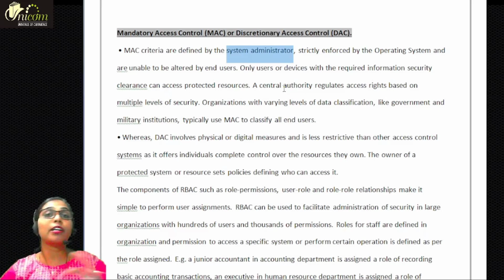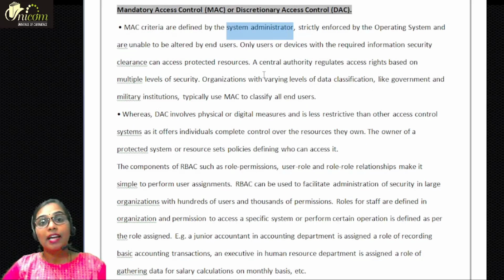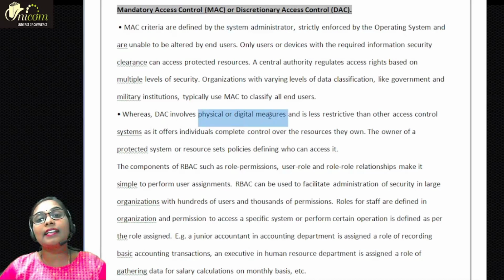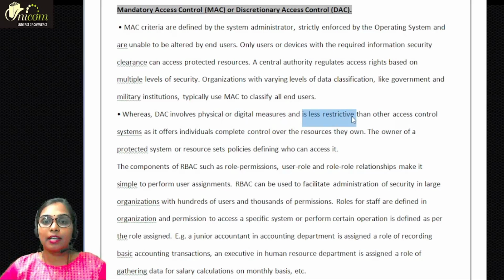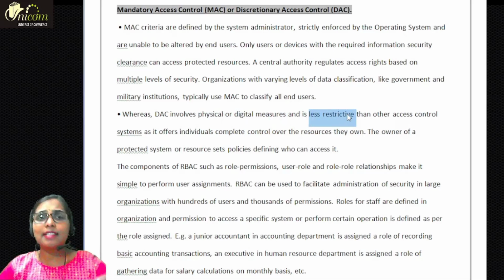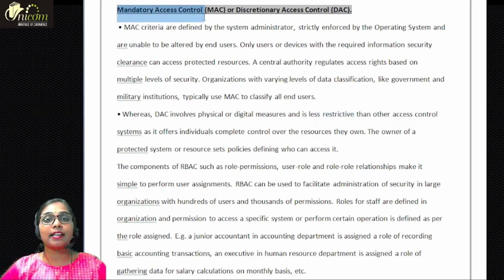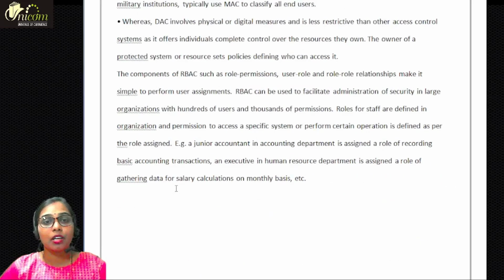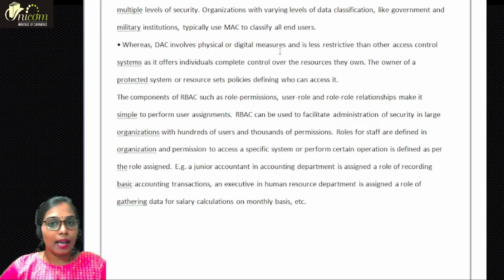Okay, you will not have any issues in it. Discretionary control system involves physical and digital measures and it is less restrictive. Okay, so थोड़ा little bit less restrictive than a mandatory access control. ठीक है, तो so I hope you have got a clarity on it. ठीक है,